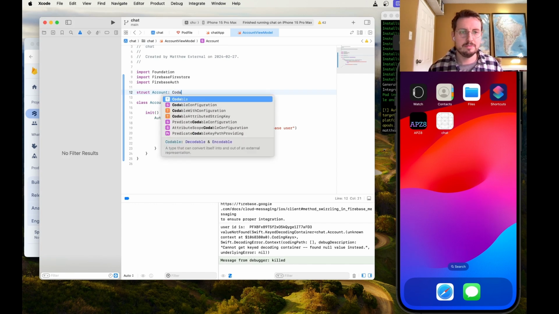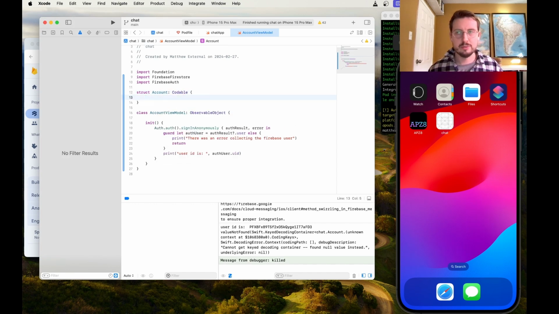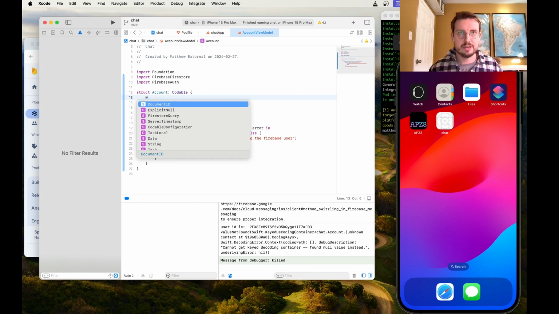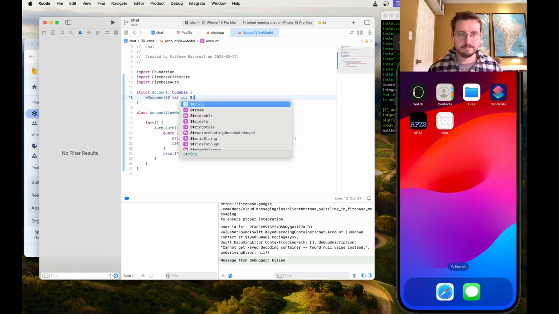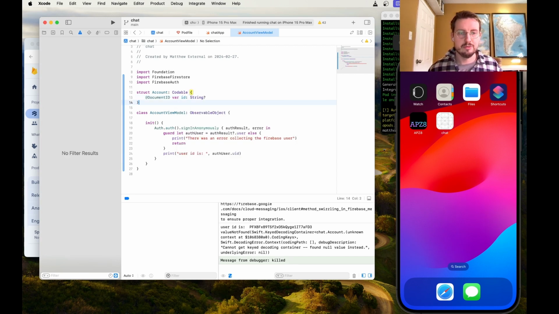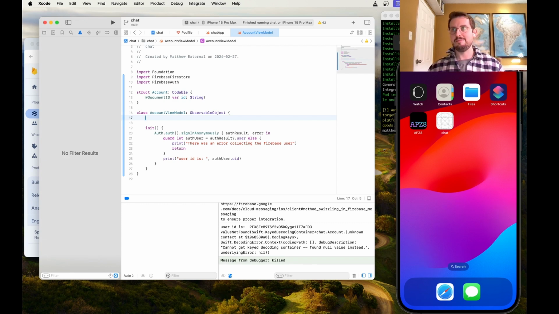And we're going to make it codable, which says to Swift that this account can be encoded and decoded. Specifically, it can be turned into a Firestore document and back out. And so this will be mirrored into Firestore. So this account for now will just have a document ID. And it will be optional. Okay, so now that we have the concept of an account, and the account will just be like an empty document effectively,